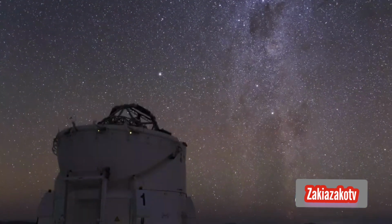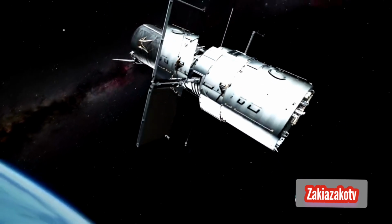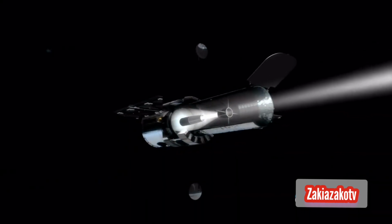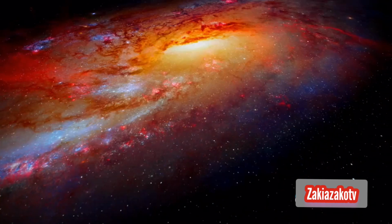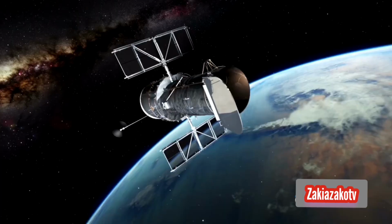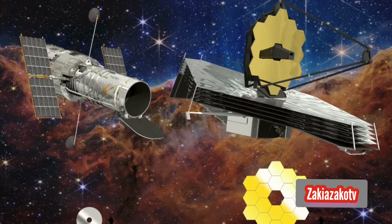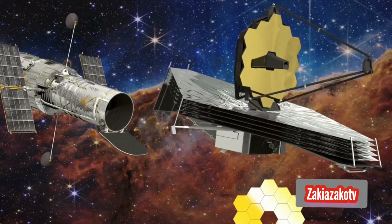The next key step was to deploy telescopes actually in space, meaning they'd be free from atmospheric interference. By far the most famous, until recently, has been the Hubble Space Telescope, launched in 1990. Over the decades, it's returned some incredible images, allowing us to peer deeper and deeper into the cosmos. However, while Hubble is still operational, its even more powerful successor was launched in December 2021, the James Webb Space